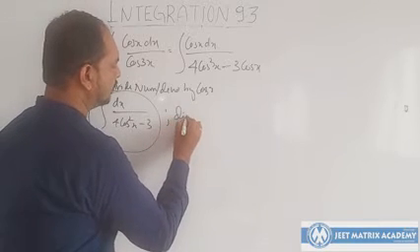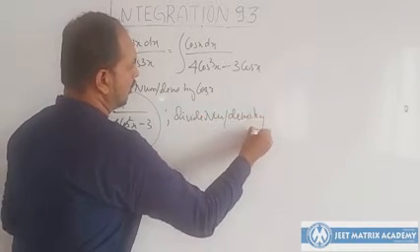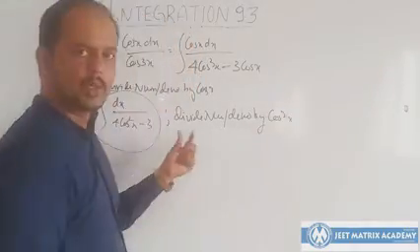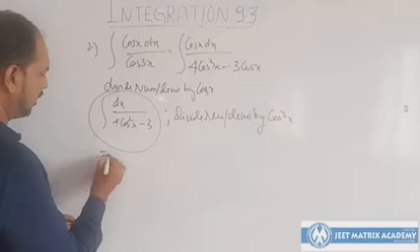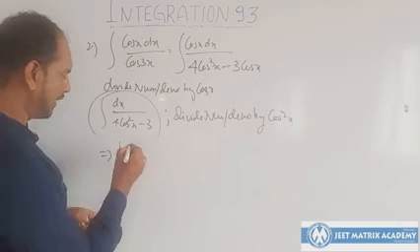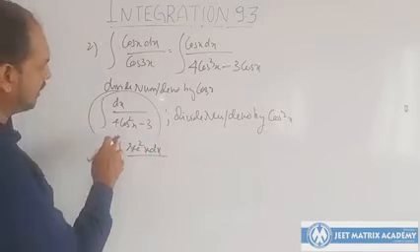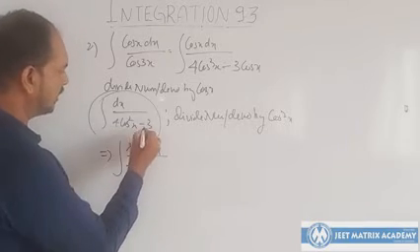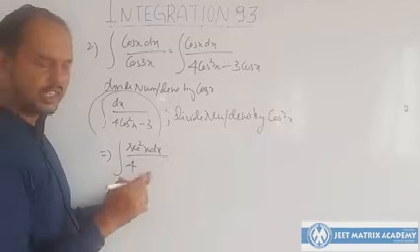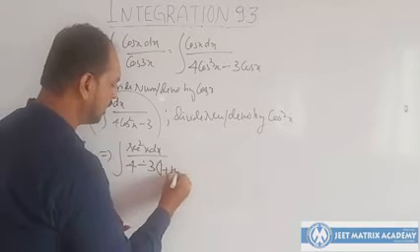Now again divide numerator and denominator by what? Cos square x. Am I right? See, now I can reduce so many steps in one shot. So the numerator becomes dx by cos square x, which is sec square x dx, and the denominator becomes 4 minus 3 sec square x. Okay, 3 sec square x replaced by 1 plus tan square x.